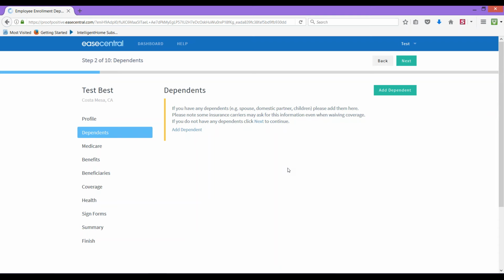Also, this helps with the way that the forms get generated so that we get the correct forms when you're done with the enrollment. So I really like the way that this system works, just in the general sense that we pretty much get a completed form.